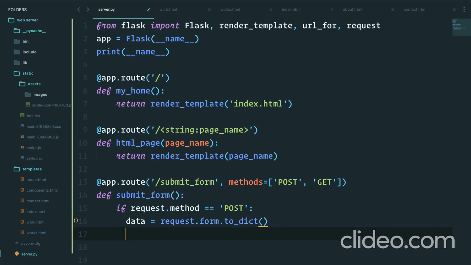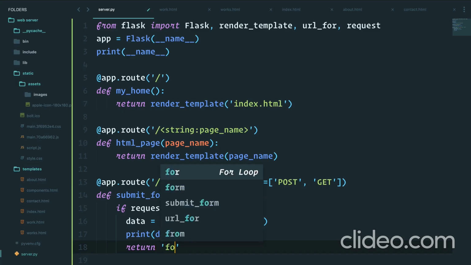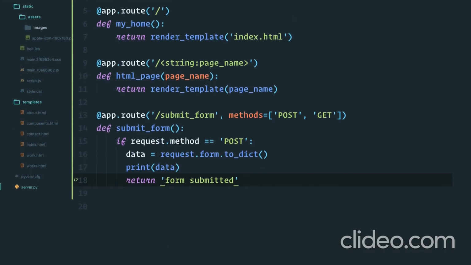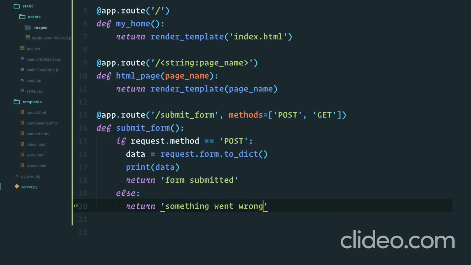And then finally, to make sure that we get this data, let's just print data. And we just have to return something. So let's say return, and I want you to return form submitted for now. Otherwise, we'll just return something went wrong. Try again. If we save this,